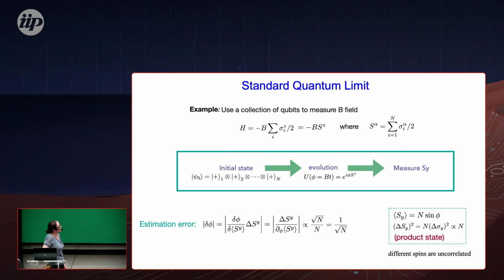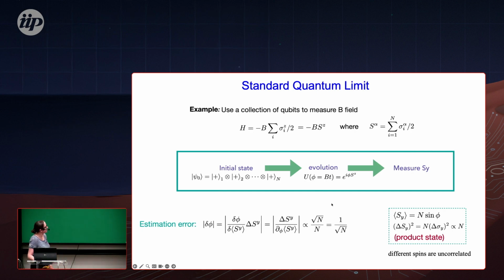But in the standard quantum limit, you don't have much advantage of quantum behavior, because even in standard measurement theory, your estimation error usually goes like 1 over the square root of the number of measurements. So if you have spins and there are no correlations between them, each spin evolves on its own, and you still end up with 1 over square root of n. It makes sense, because it doesn't matter whether you measure the spins all together, since they did not talk with each other, right? So it would be strange to get an advantage here, but still the name is the standard quantum limit.